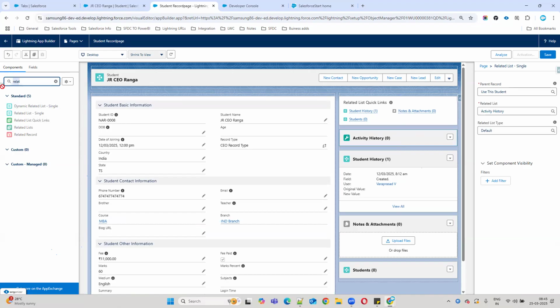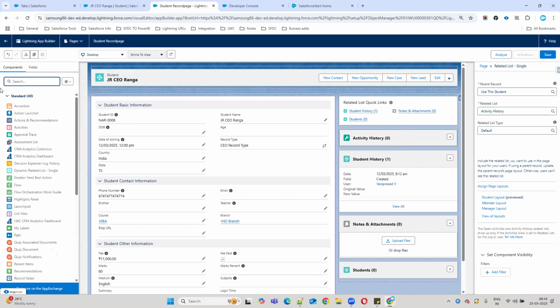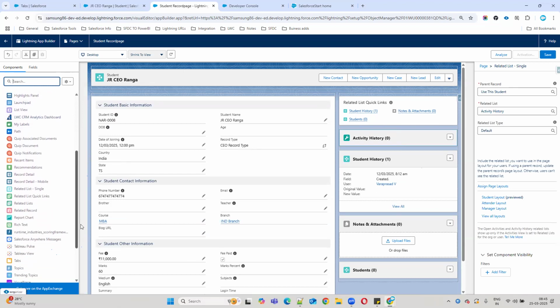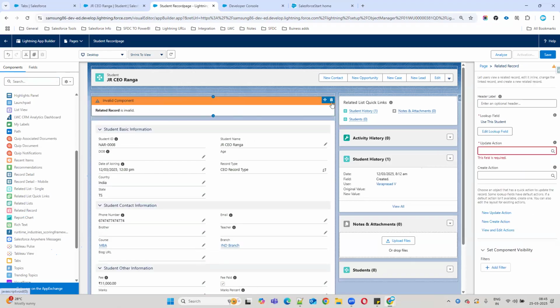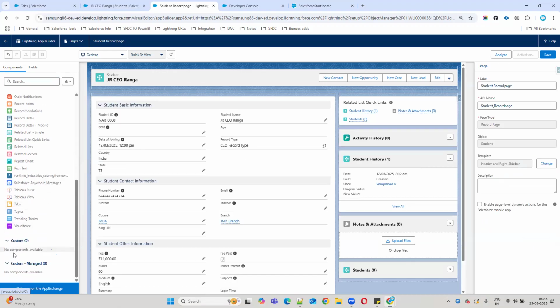Okay, the remaining things are not required here. Related record we have already added, right? Related record is not valid here. Here you can also add Visualforce pages, Lightning components, flows, all those things, but not required here.